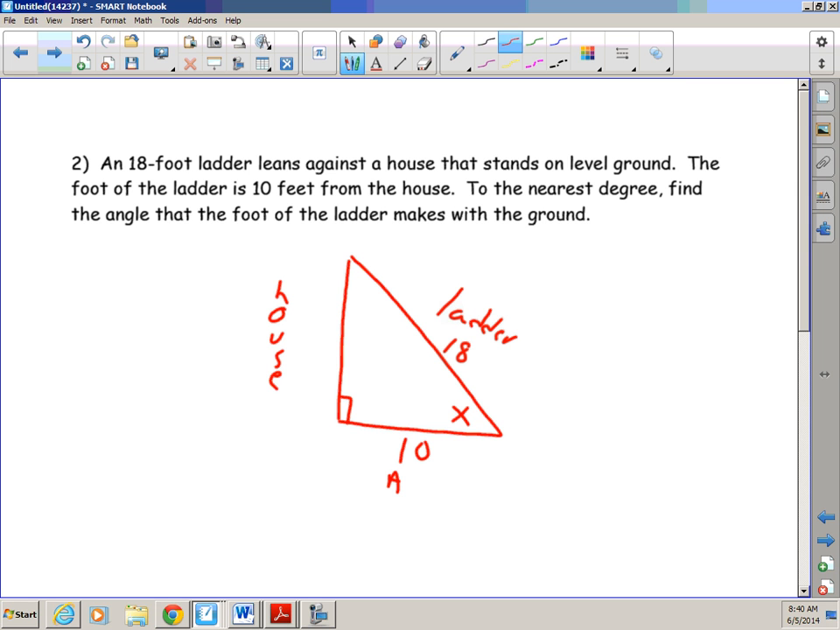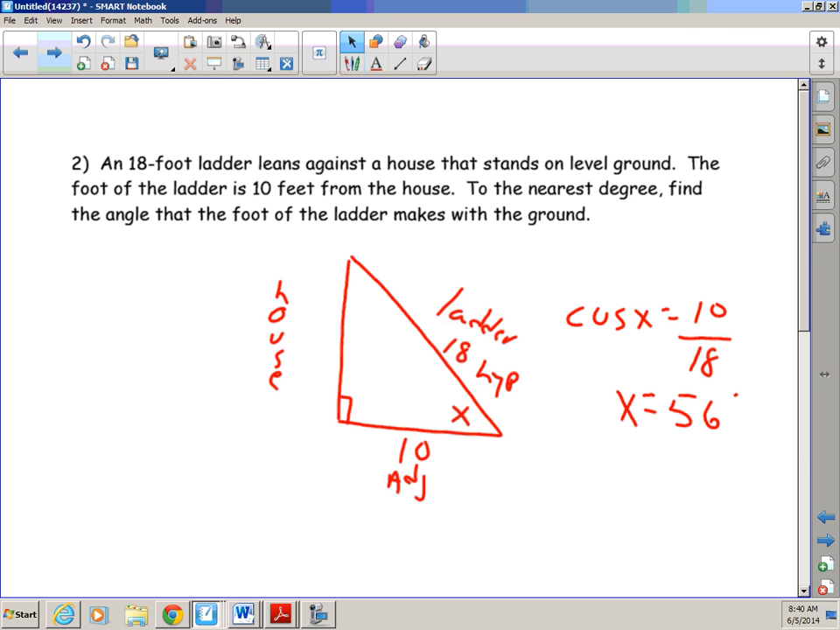We have adjacent. We have hypotenuse. That means we're using cosine of x is 10 over 18. This is nice and neat. Since we're finding the angle, we go right to our calculator to get 56 degrees. Lastly,